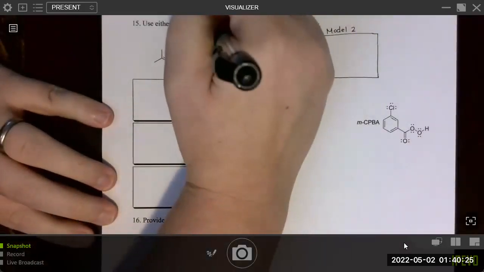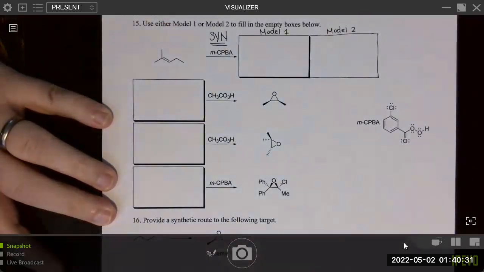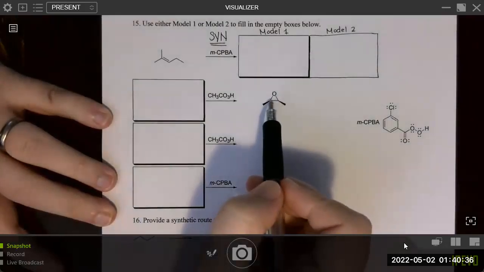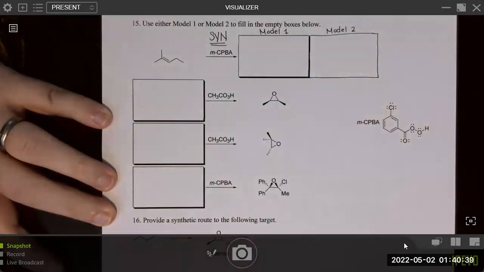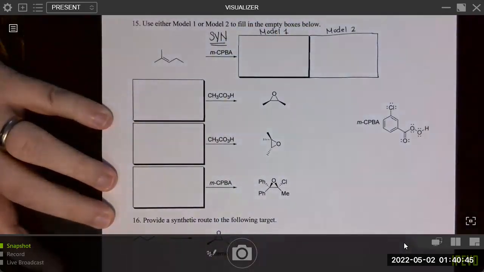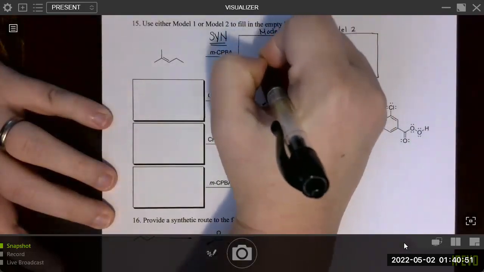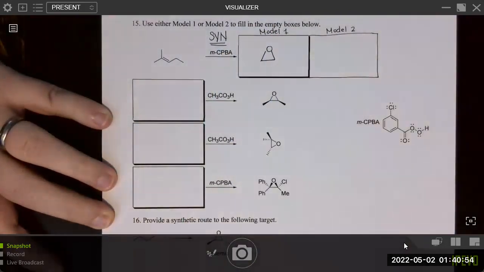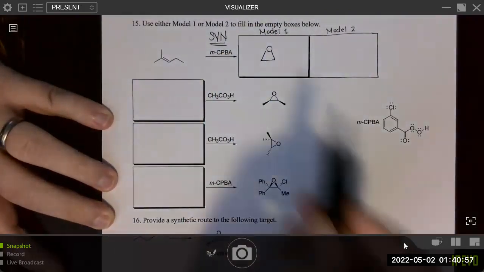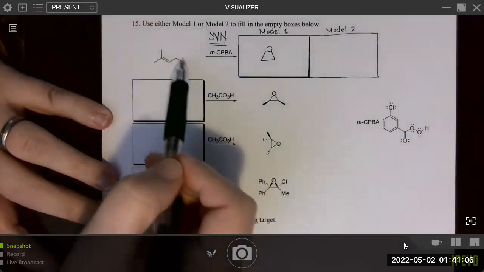So I'm just going to write syn over here as a nice reminder to us. And what is getting added across the double bond? This one's kind of interesting because what's getting added across the double bond is just an oxygen that both carbons are attached to. So that's kind of different from the previous examples that we had. So we can actually draw that attached to both carbons instead of just attached to one with a regular line for model 1, right? No dash, no wedge there. Okay, then we can add in the other groups.